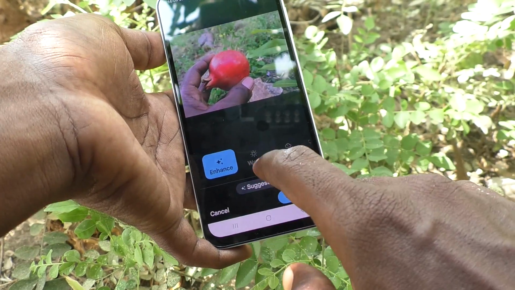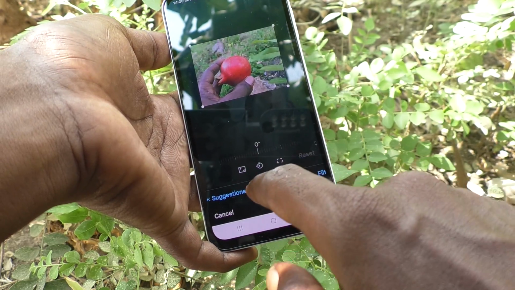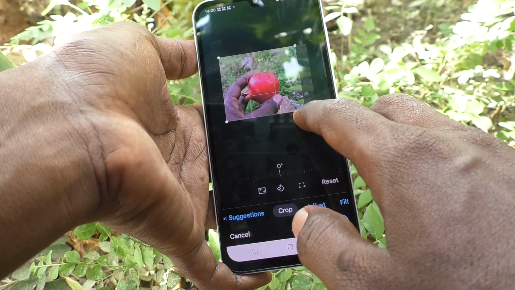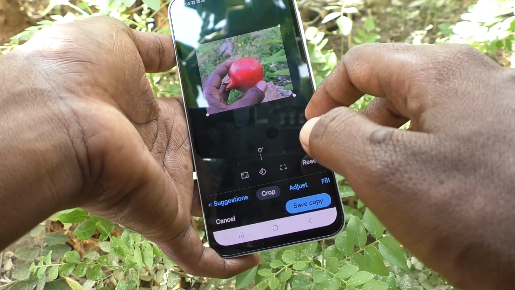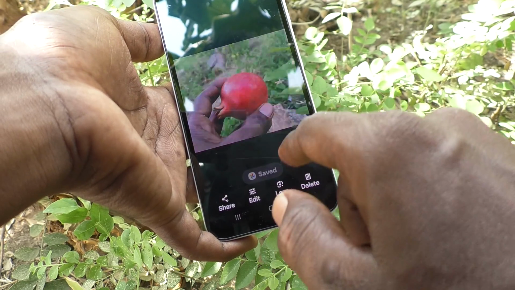Okay, if you want to crop image, you have to use another tool, crop. Here you can crop the image. For example, if you would like to do cut here and just crop like this and click on save. Okay, it will be saved. Okay,